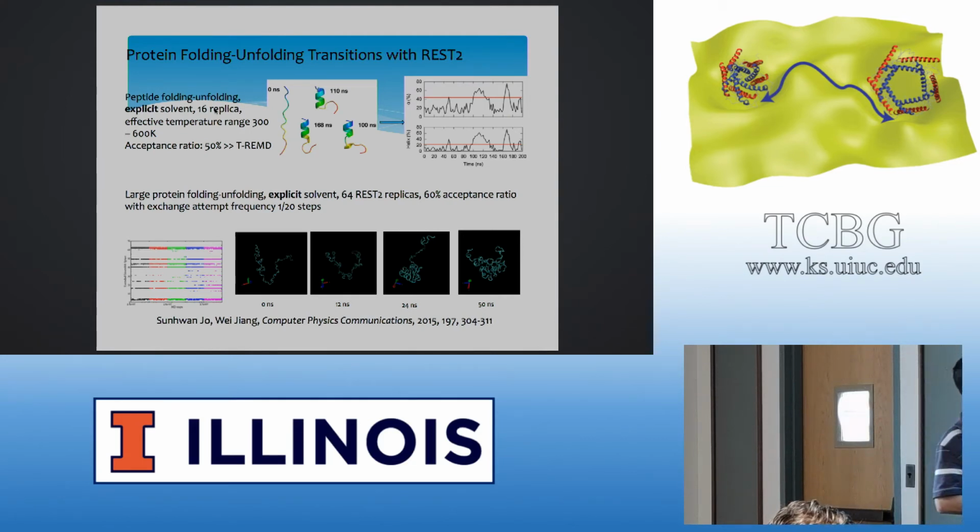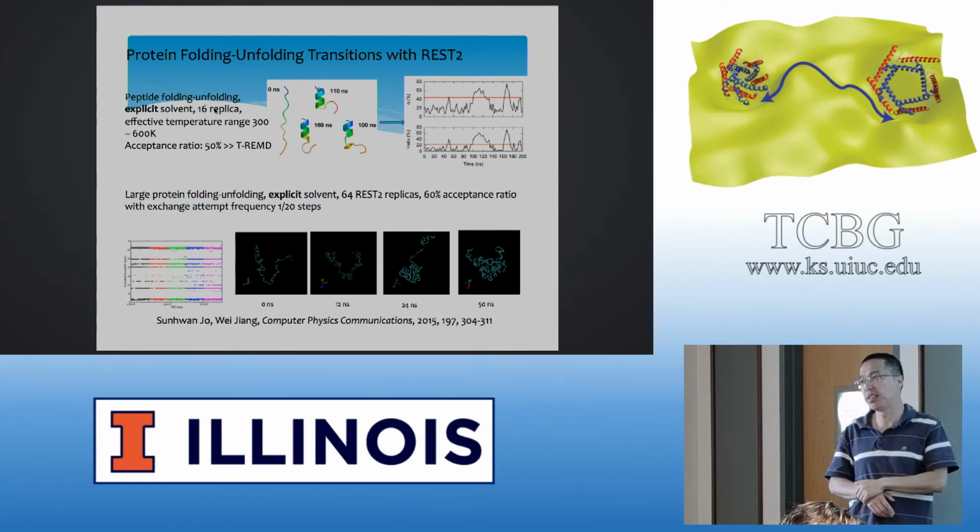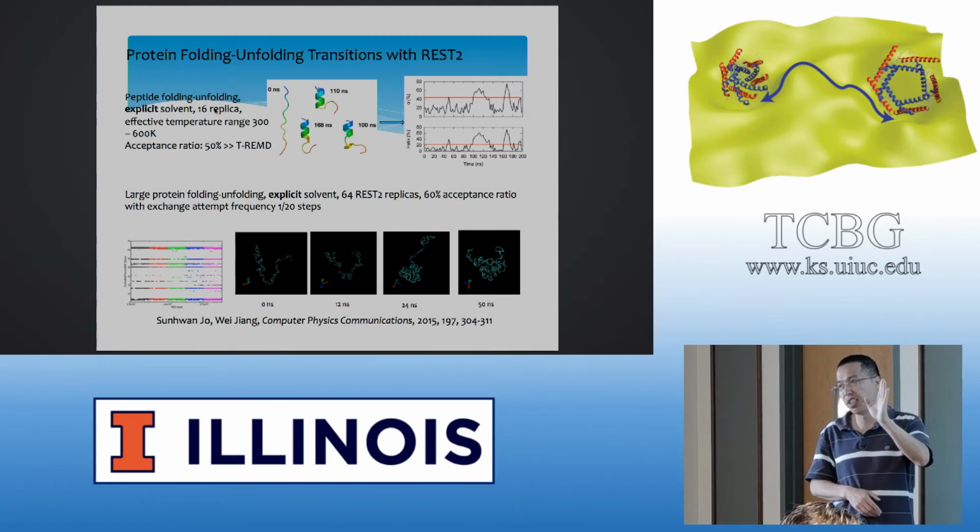And for this system, I applied explicit solvent with 16 replicas. The effective temperature range is from 300 K to 600 K. And the acceptance ratio here, I use 1/500. That means every 1,000 steps, every 1 picosecond, we perform one exchange